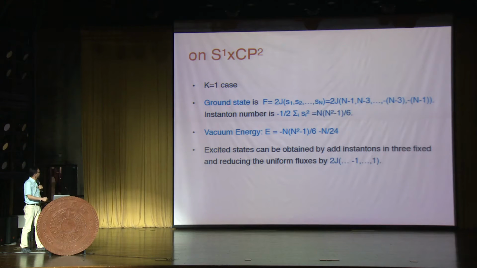Now, the ground state of the K equal to 1 case is given in terms of non-abelian flux being proportional to K-log 2 form, and this flux is diagonalized, and this is given in terms of Weil vector, such that this one has basically negative instanton numbers, from which one builds up the excited state by reducing the flux and adding the instantons. And the vacuum energy of this configuration has this quantity which is very similar to the one that appears in anomaly calculations.